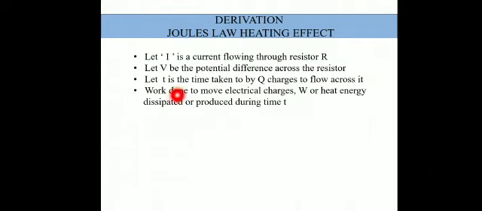Okay, because work done moves all the electrons, but these electrons collide with the atoms and they lose their energy. Then we have to do work again to keep them moving. Once electrons start moving, work done is very less. So here work done, energy in doing work, is equal to energy in producing heat energy, or heat energy which is lost. That is what we should be knowing.